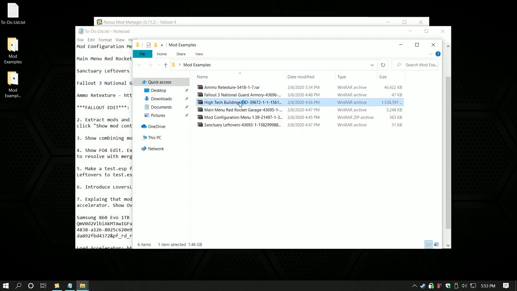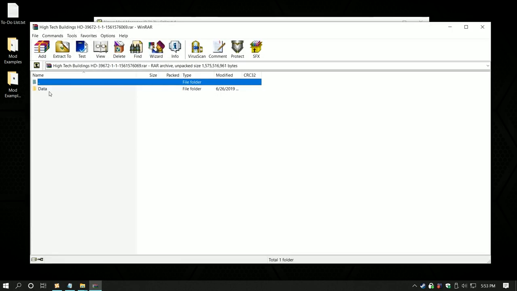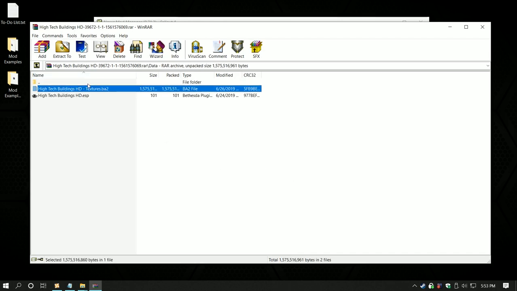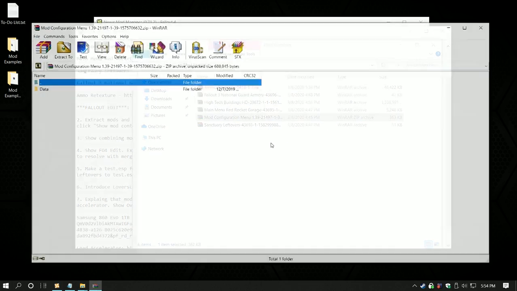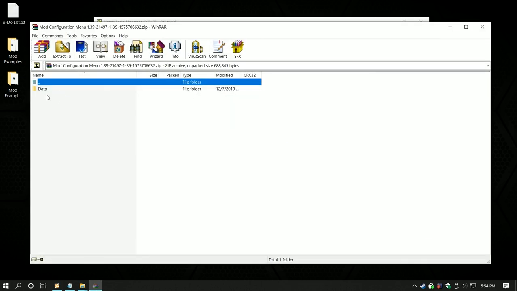It's pretty much the same thing with anything that has a BA2 file. So data, ESP, BA2. While you can, and personally I have extracted this BA2 file because I like loose files, if you're not super familiar with modding, I'd highly recommend just leaving them as they are, extracting these, throwing them into your data folder, boom, done. And the mod configuration menu, this one has a really awesome file structure, which is why I wanted to show this to you. So data,